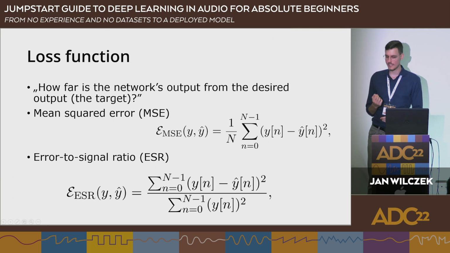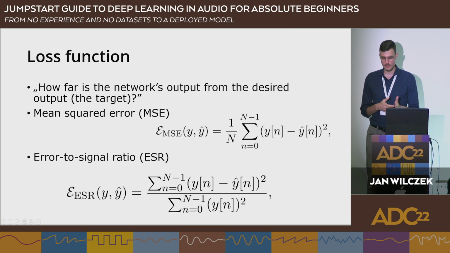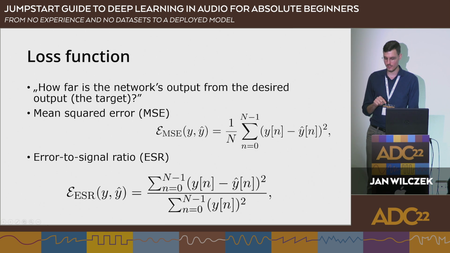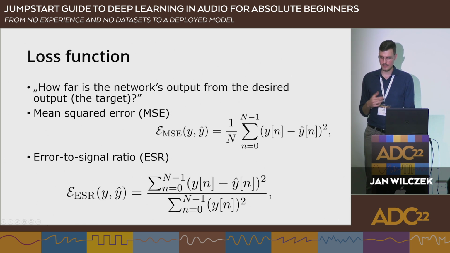And here comes the idea of the loss function. The loss function basically tells us how far we are from what we wanted to achieve. A very simple one is the mean squared error. But the problem with audio is that it's perceptually relevant whether the same absolute change happens when we have a low signal amplitude or a high signal amplitude. So it's better to take into account the energy of the signal that we are processing. That's why, for example, we use this error to signal ratio. And the capital N here is the size of the mini batch, because we average over the mini batch